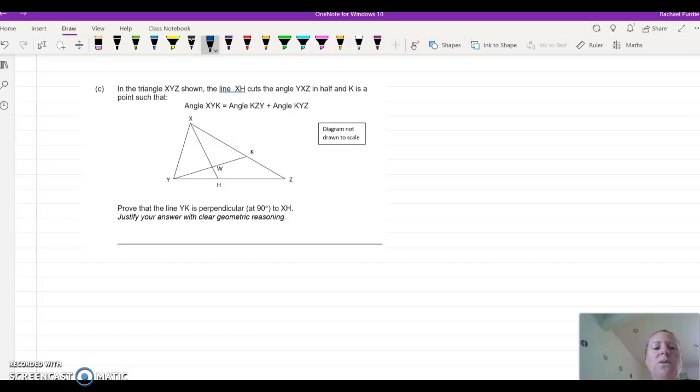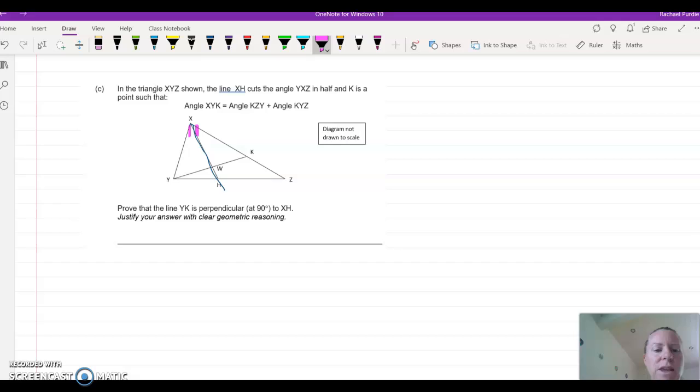So we know that this line XH cuts the angle YXZ, so this angle here. We know that it cuts that in half. So that's kind of cool to know, because what that means, of course, is that this angle and this angle are equal, aren't they? If that's cutting it in half, then they're the same size. Brilliant. Okay. And then we also know that